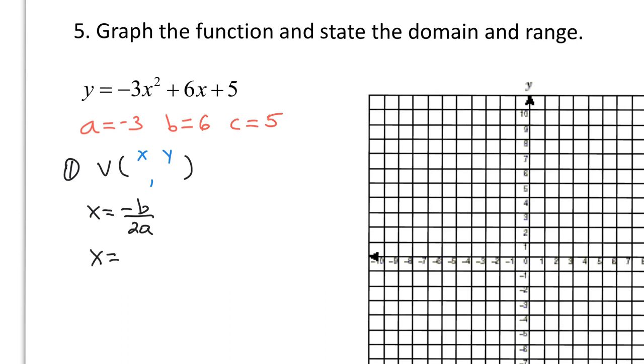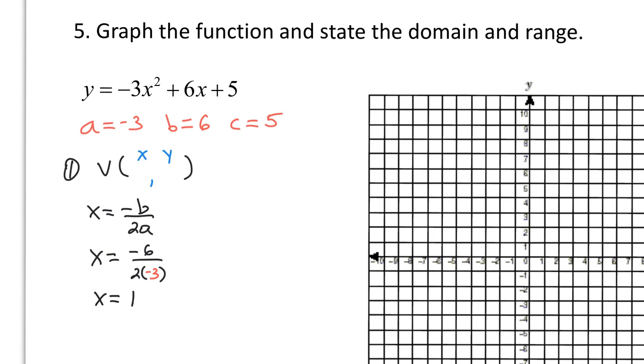So x equals opposite of b. Notice here, b is 6. So the opposite of b is negative 6 divided by 2 times, and my a value is negative 3. We don't change the sign of the a, just the b, because that's the negative b. When you simplify that fraction, we get